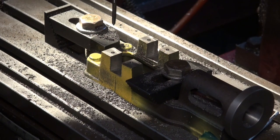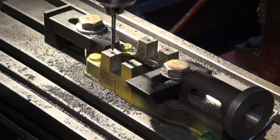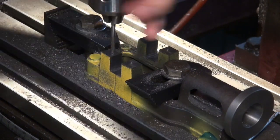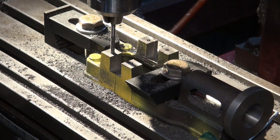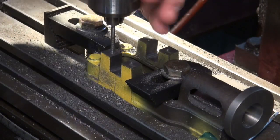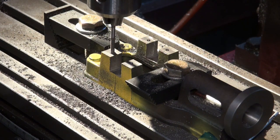Okay, so I've got my 5BA tap just set in the chuck there now, and what I'm going to do is just lower the Quill until that tap is engaged in the hole there, and I'm just going to give it a few turns to get it going. And the advantage with this is that you get this repeatability, so every time I advance the G-code it goes to the new hole. I know it's lined up within, say, 1/100 of a millimeter, and the tap is held perpendicular to the surface that I'm tapping,